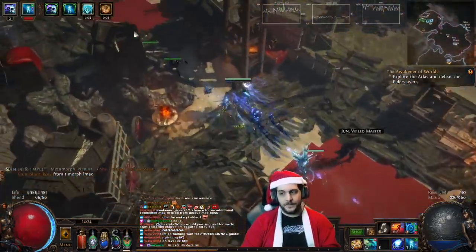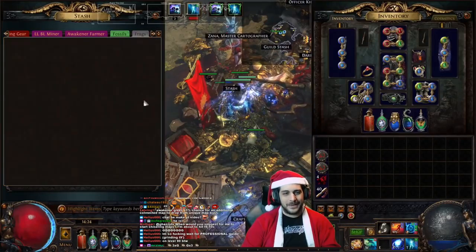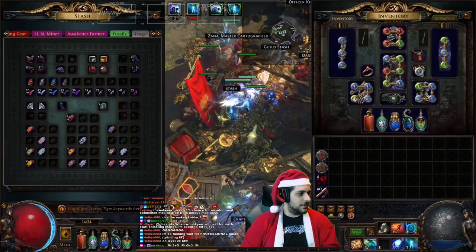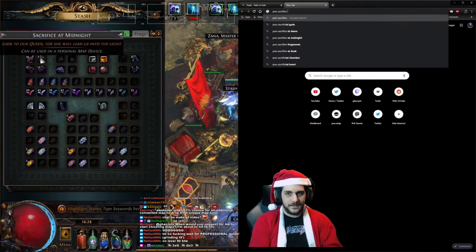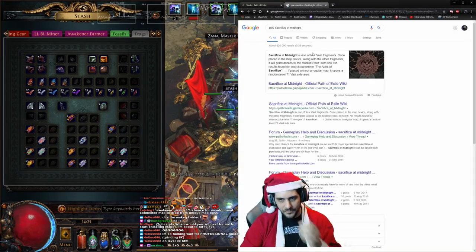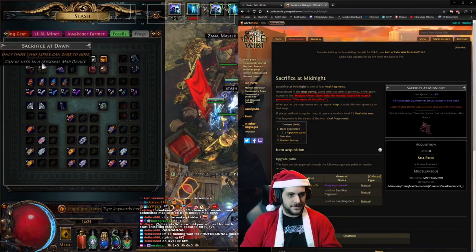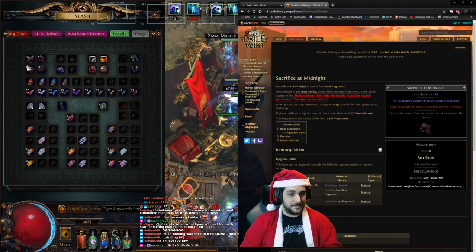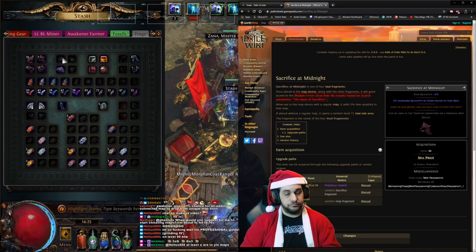Next point, number 4, is the usage of fragments. Now, we're going to go in and do this. PoE, and then we search the wiki for Sacrifice of Midnight, as an example. Now, Sacrifice of Midnight, if you pop all these 4 sacrifice pieces, you will spawn a regular Exile map. If you pop these, you spawn Shaper, for example. These are for Elder. These here are for Uber Elder. These are for Uber Exile, and these are for the council fights that give you the multi-craft bench if you